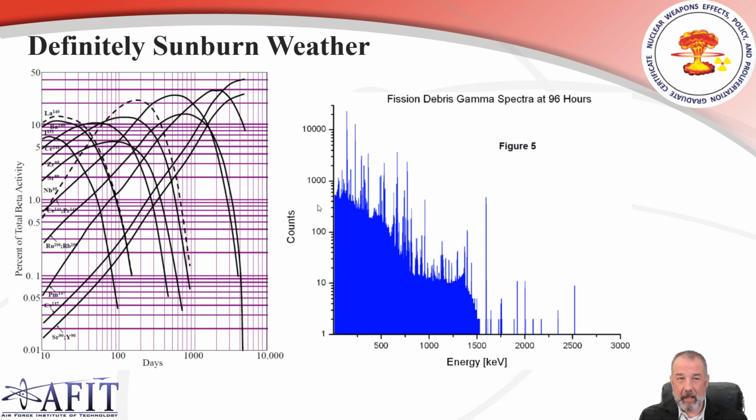We're really concerned about the low end too, because of photoelectric absorption within our cellular biology, which could be hugely detrimental to us. So we have some super high energy stuff, but most of it's contained under 1 MeV. And again, this is 4 days, and we should see this start to subside over time,